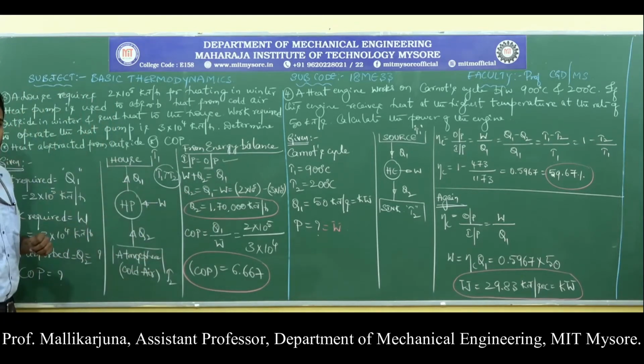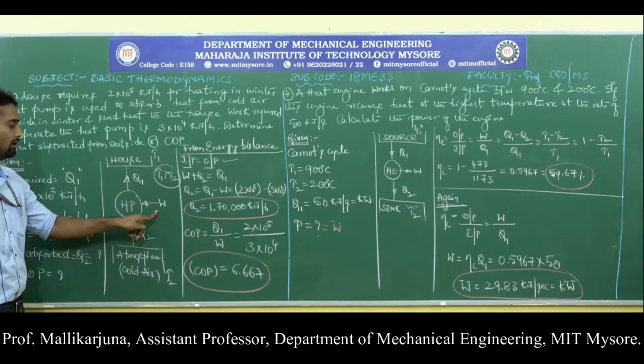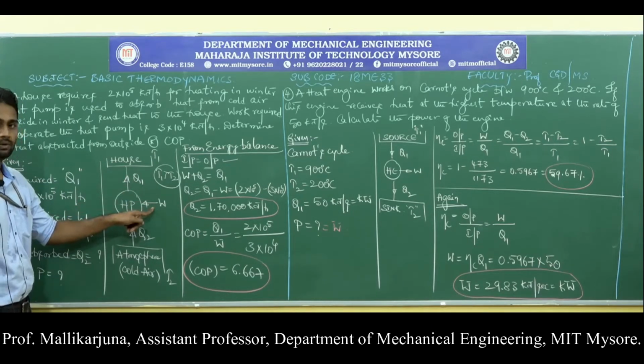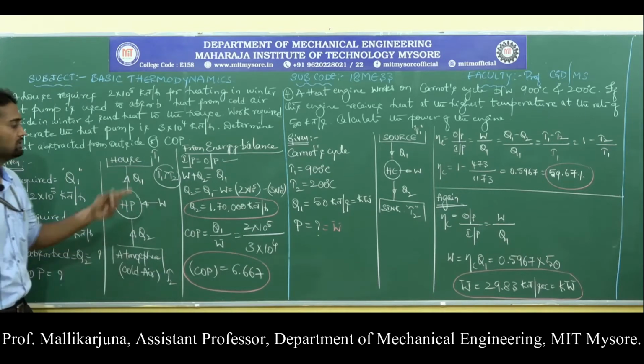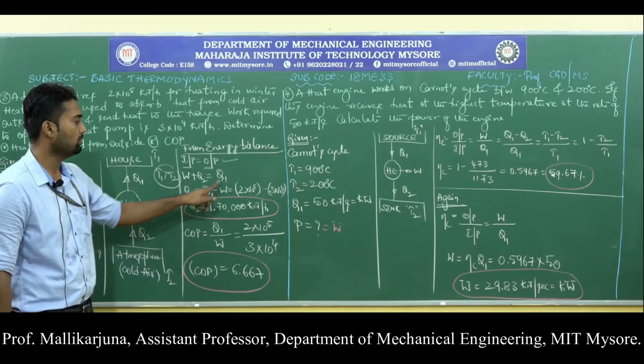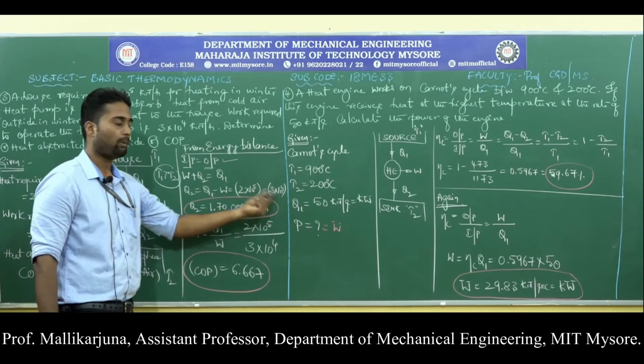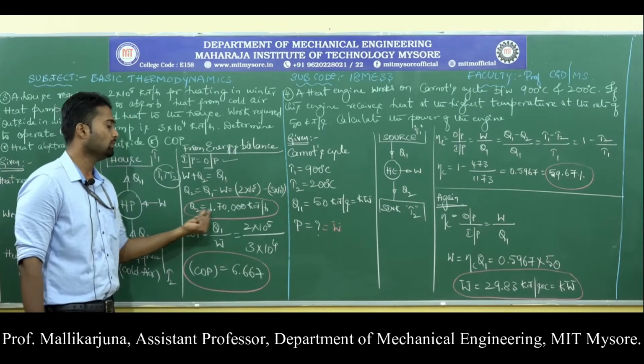Now what is the given data? The heat required by the house is given, which is nothing but Q1. The work required to operate the heat pump is given. Q1 and W are given to us. Q2 is not given, so solve the equation for Q2. Q2 is equal to Q1 minus W. We have the values with us. Upon operating, we have got Q2 as